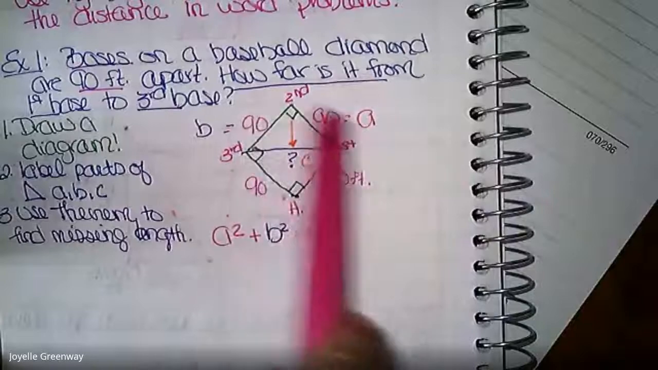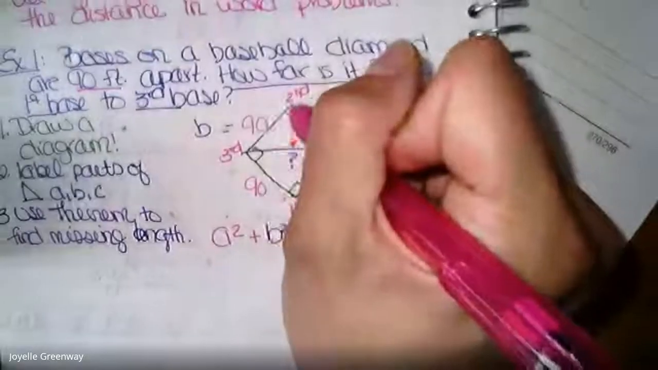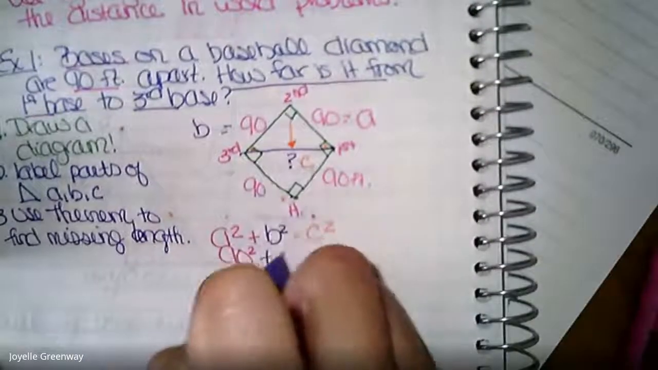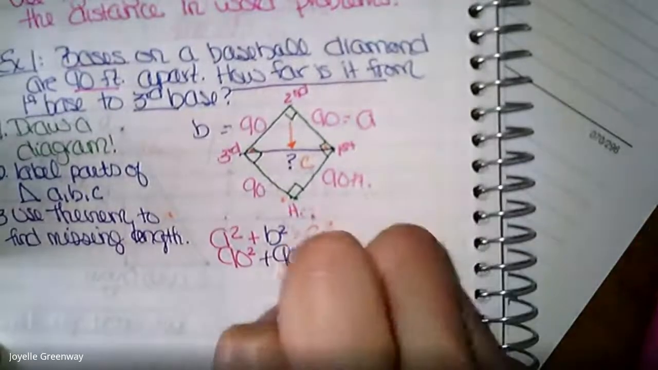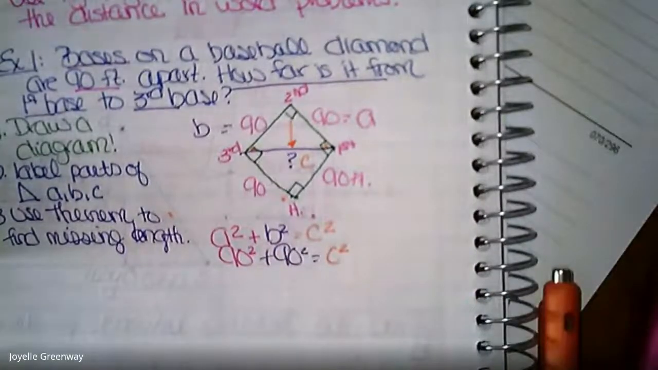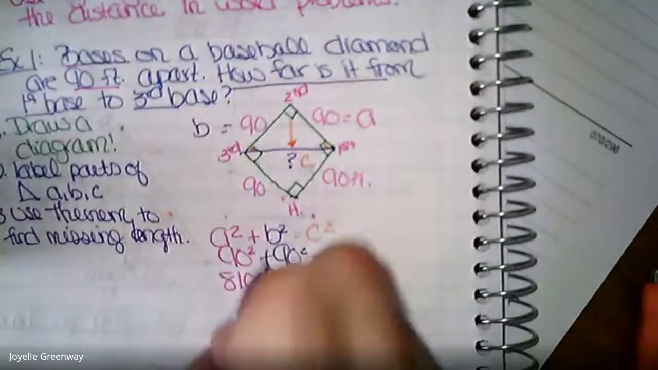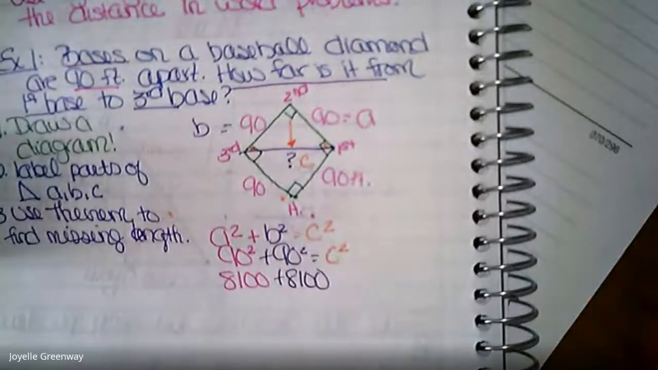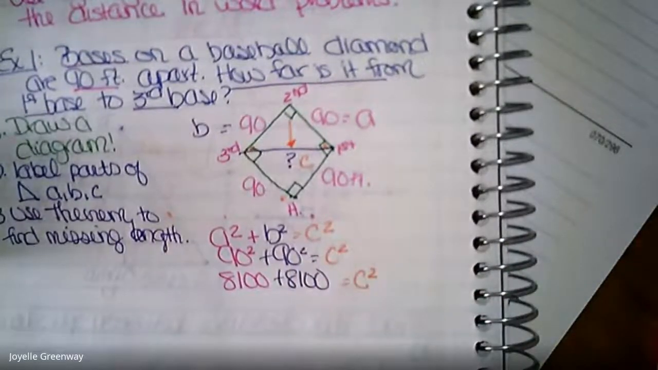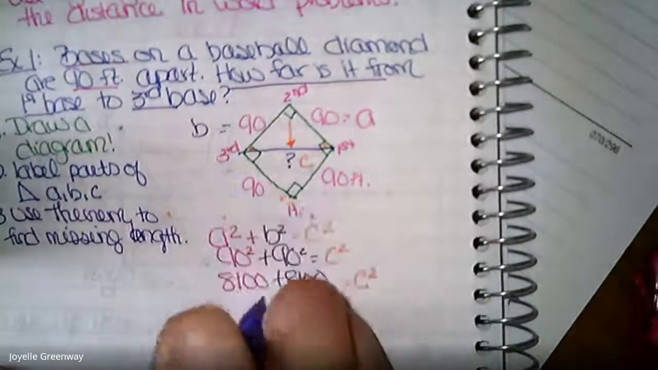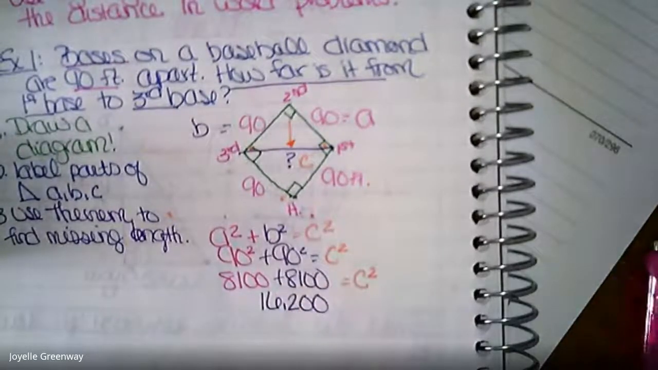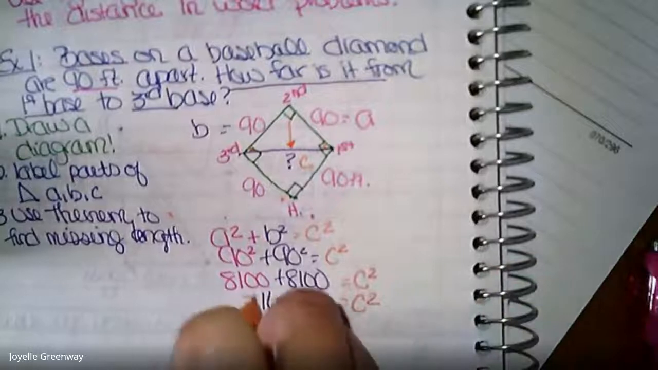So A and B are both 90, right? Because you're told that this is 90 feet and this is 90 feet. So 90 squared plus 90 squared equals C squared. So 90 squared is 8,100. So 8,100 plus 8,100 is equal to C squared. So I get 16,200 equals C squared. Then I can take the square root